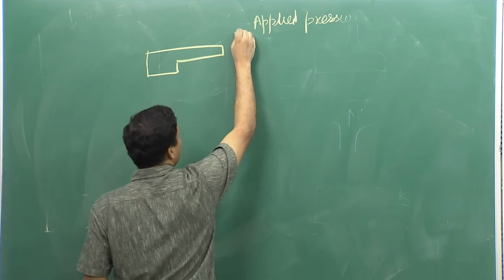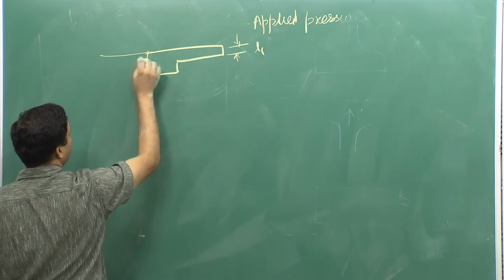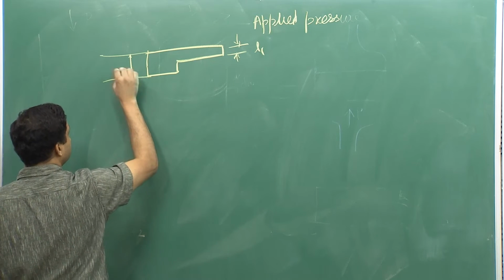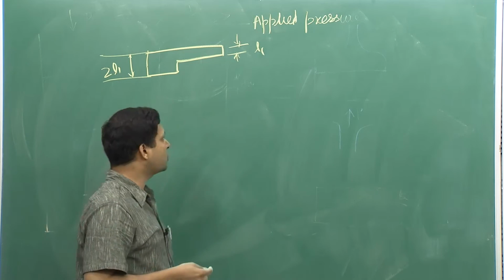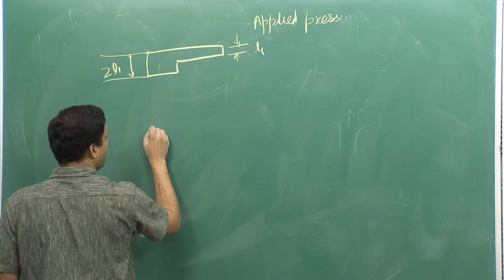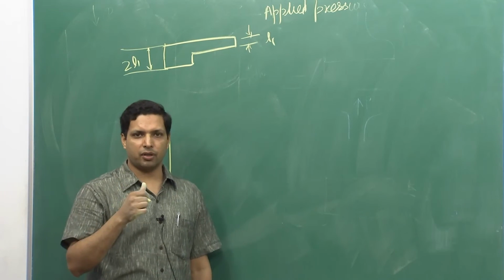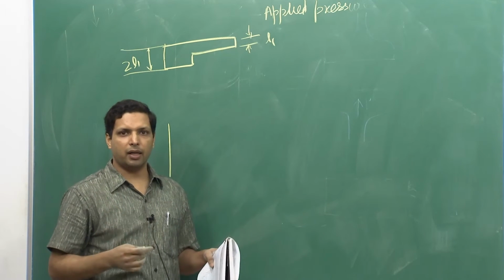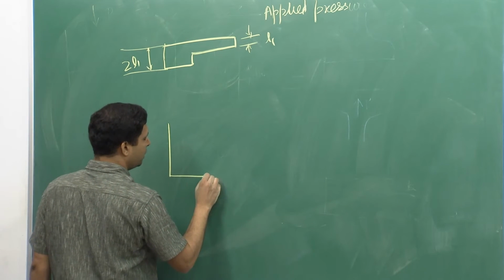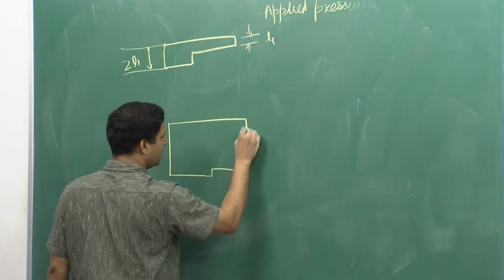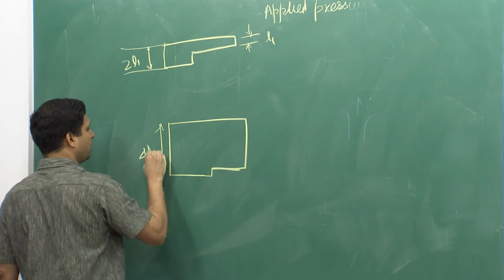Now, for the sake of simplicity, I will assume that this is L1 and this is 2L1. Now, if I want to make a component like this two-level shape, if I am using a simple geometry for powder processing, that is just a single piston from both sides, that is double ended but single piston on each side, then I will have to start with a material shape like this. So, let us say I start with 4 L1.